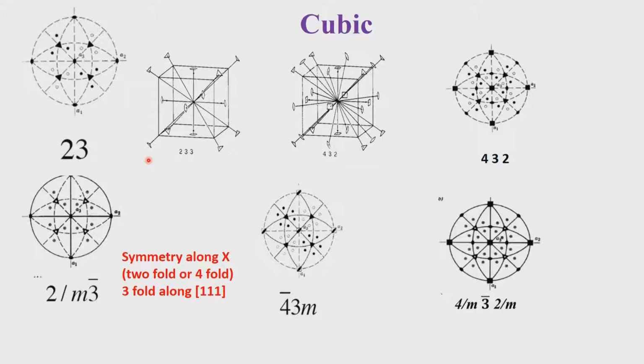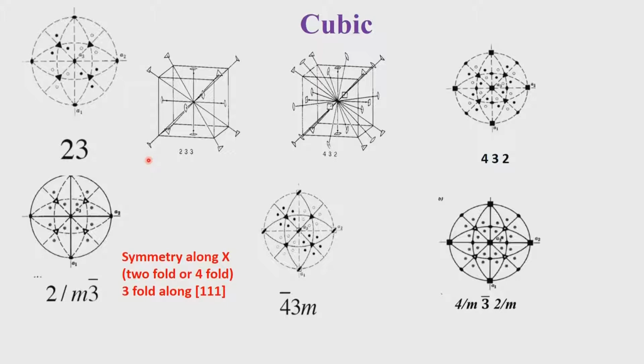It is now easily discernible. So, if the axis number starts with 3 in the beginning, that means it is a 3-fold axis which is along the z direction. So, it belongs to the trigonal system. In this particular case, the 2-fold is with respect to the x axis.